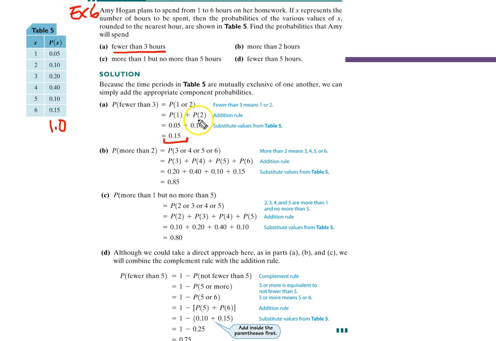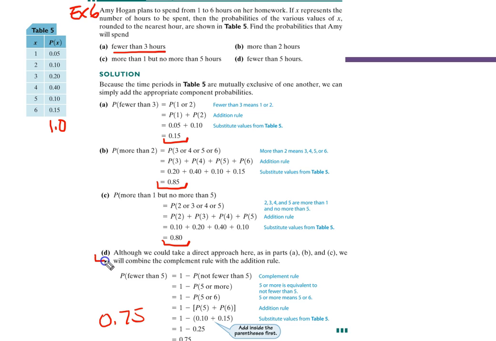And it shows you how the answer was arrived at. And then for part B, more than 2 hours. That would be 0.85. More than 1, but no more than 5. That would be 0.8. And here they're showing, using in a sense the complement. Read this through. I'm not going to read it all through with you. That would just extend the take time. But notice that the answer here, if you can't read it, it's